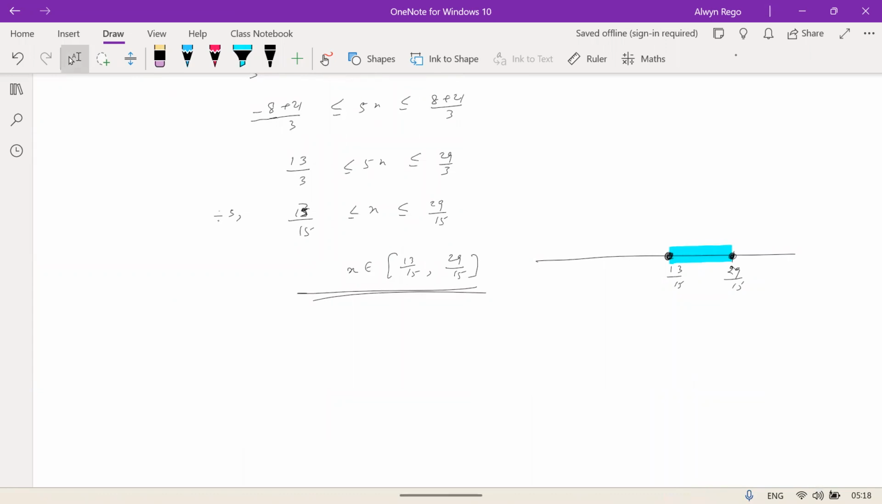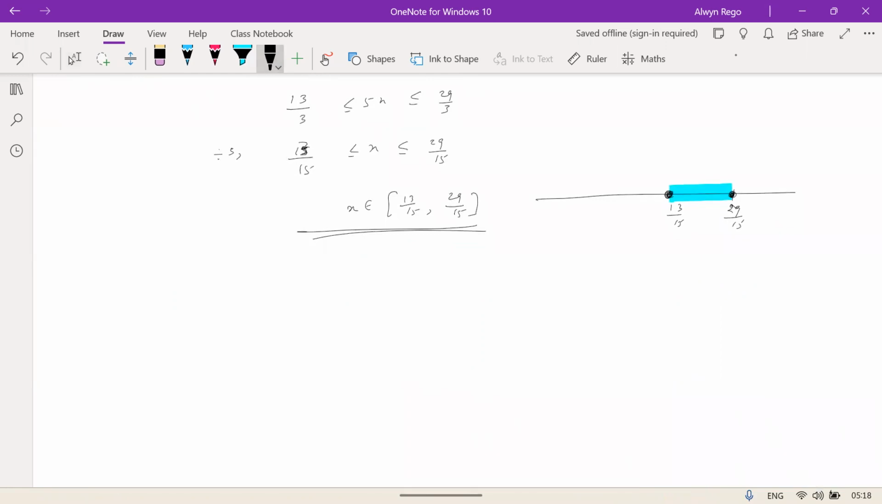So let's say we have an inequality of the type, let's say, question: 5 minus modulus of x plus 3 is